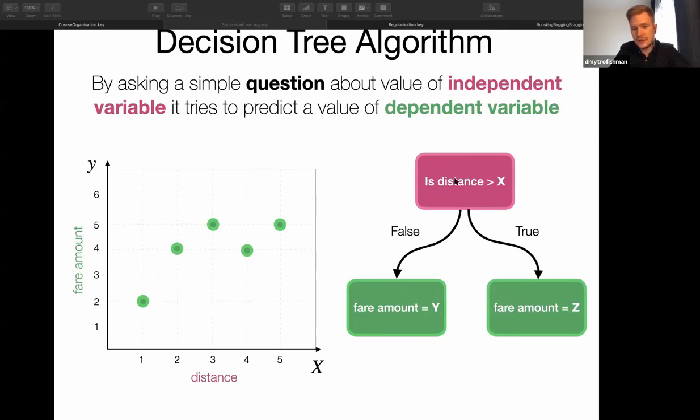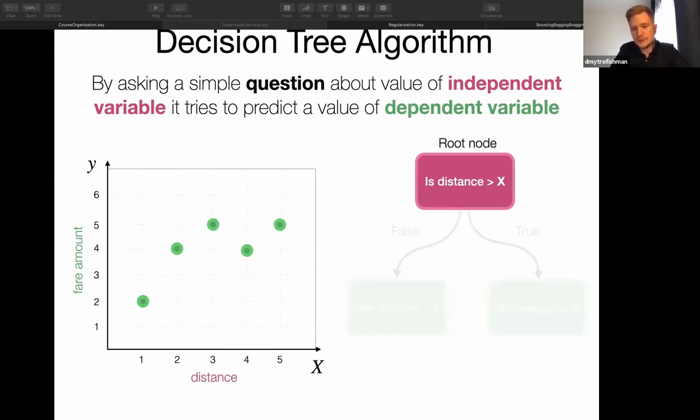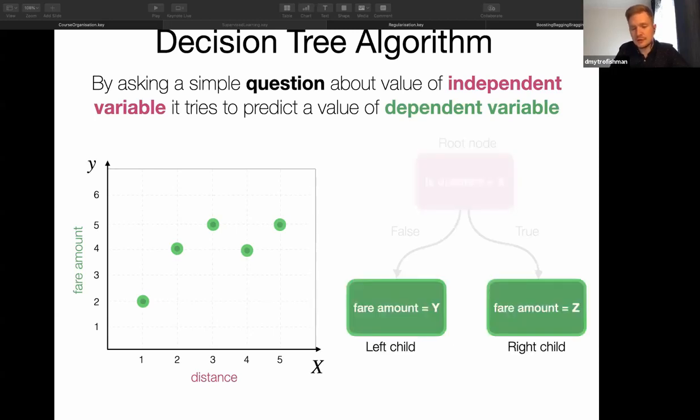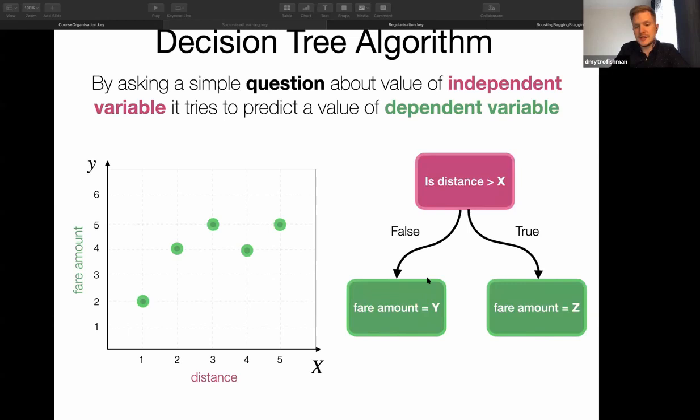The pink one is called the root node, which has a question about the independent variable value. And these two green guys are called children, right? The left child is the one that predicts price Y, and the right child is the one that predicts price Z. These are called leaves, right? So they are children, and you can also call them leaves of the tree. You can see that there are two children, and that's why it's called a binary decision tree. There might be trees that have more than two children, but we are not going to